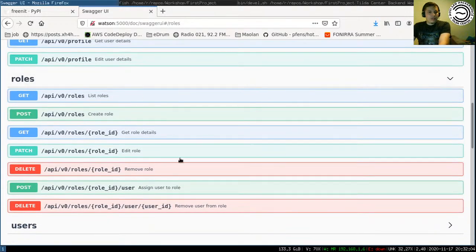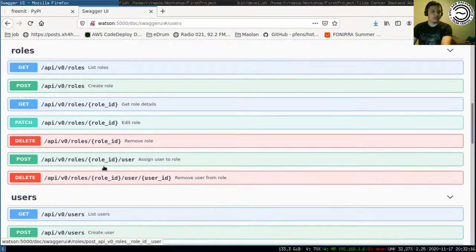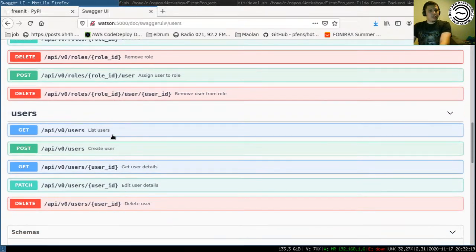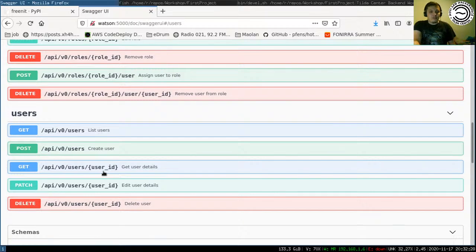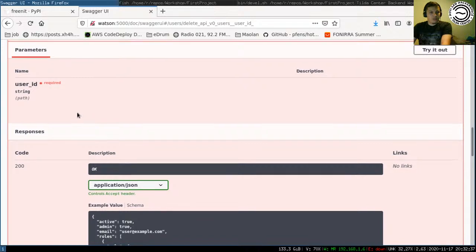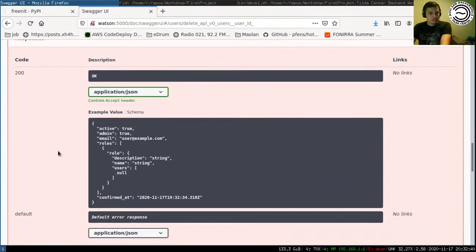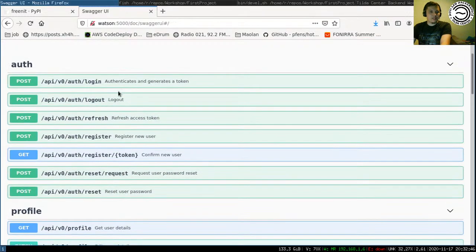Now we have some rules to limit who can do what on the website. Basically, whenever you have a site, you have some sort of roles needed. And here is again listing users, creating users and stuff like that. Some of these, before you send a valid request, for example, delete user, you need to be logged in as admin or similar. So to do that, we can actually check it out here